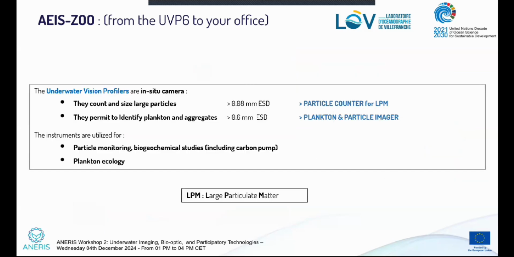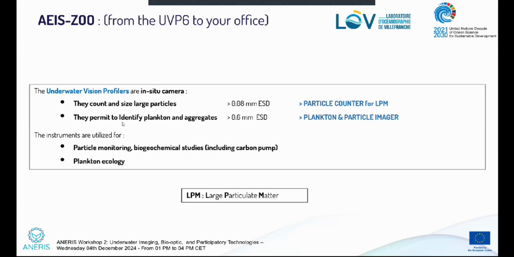What is this sensor that we deploy during the ANERIS project? Basically, it's an in situ camera. It is utilized to count and size large particles. Basically, the lower reliable limit for counting and sizing is 80 micrometer equivalent spheric diameter. So the sensor is a particle counter for the large particulate matter, LPM, but it also records images, and